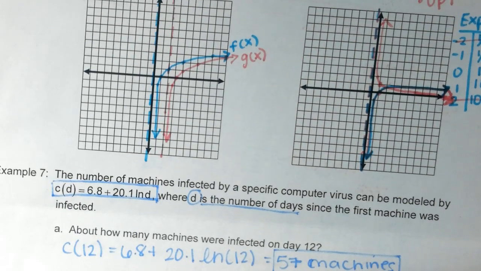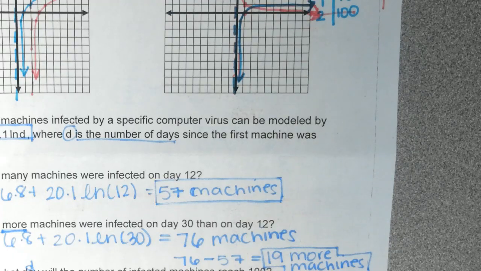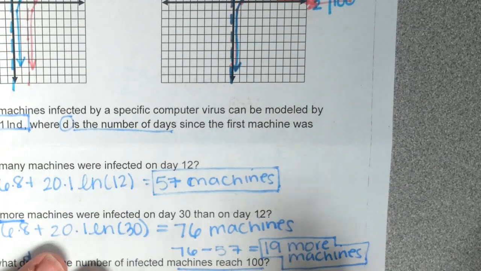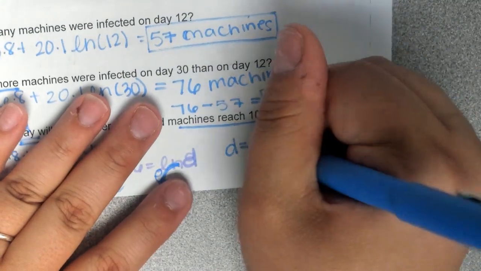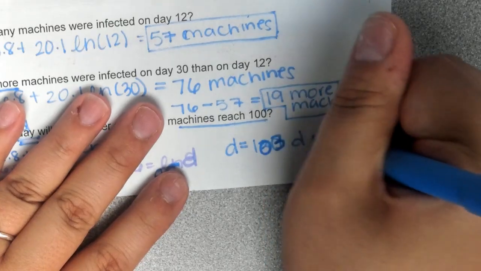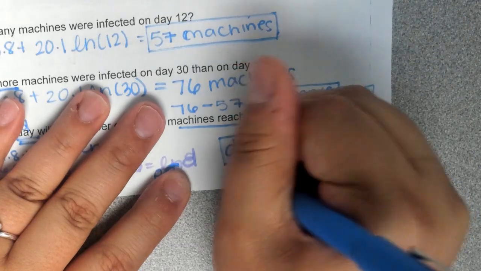All right. Now, on what day will the number of infected machines reach 100? Do you agree machines are whole things? Do you agree days are continuous? You can have half a day, right? So in this case, I'm just going to round it like normal. So I'm just going to do 103 days. I just wrote 130. 103 days. Again, are you going to have to worry about rounding and all that on this test? No, because all you're going to be doing is